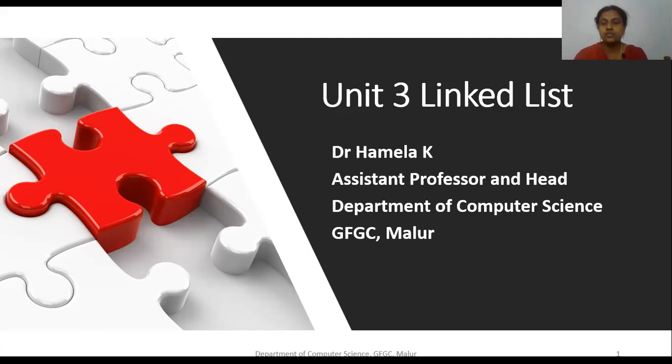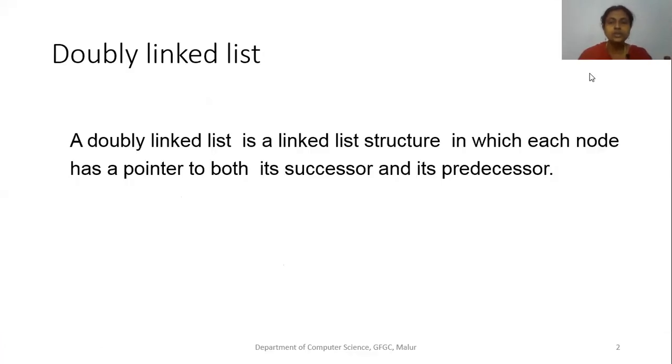So today's session, our focus is on the next type of linked list called doubly linked list. This is also another type of structure where the node is divided into three parts. Usually a single linked list node was divided into two parts. Here the node is going to be divided into three parts. So here the info part will be in the middle. That means data will be in the middle. You will have a previous address and the next address. That's what they have given in the definition.